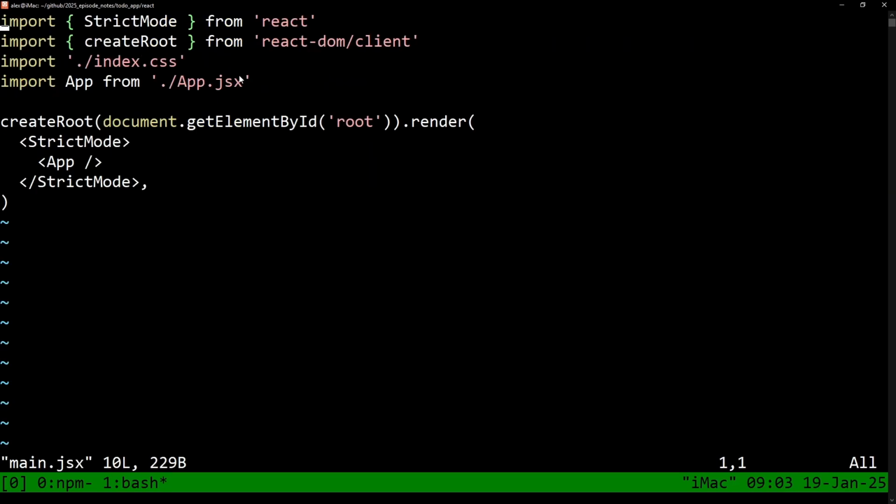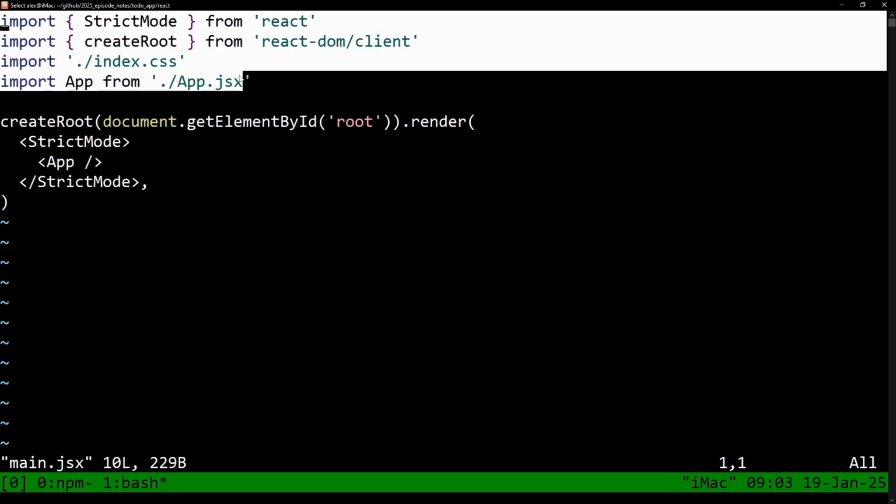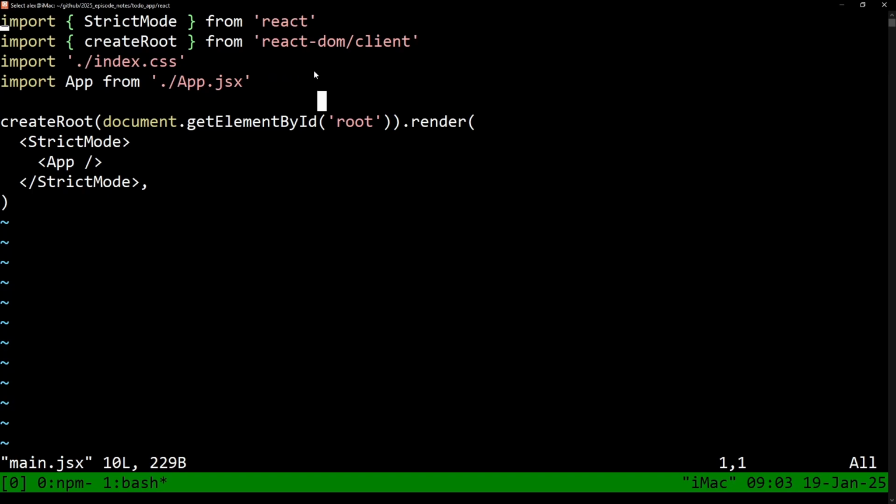Let's go into main. And we see what it's doing here is importing some stuff. If you don't recognize all this just yet, that's fine. But import statements are like includes where you have your main library. And if you want to import just a specific thing from that library, you can do it this way. If you want to import everything, you just import the file itself. Here we import app from the app.jsx, and we use it like this. And this is a sort of shorthand. Instead, it could be written